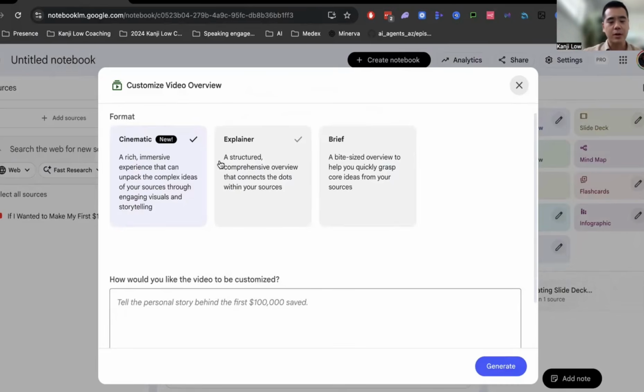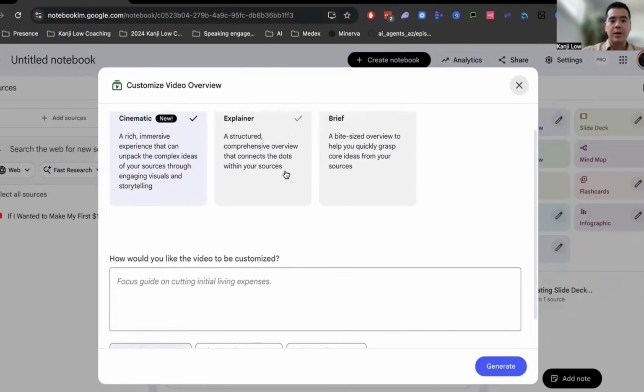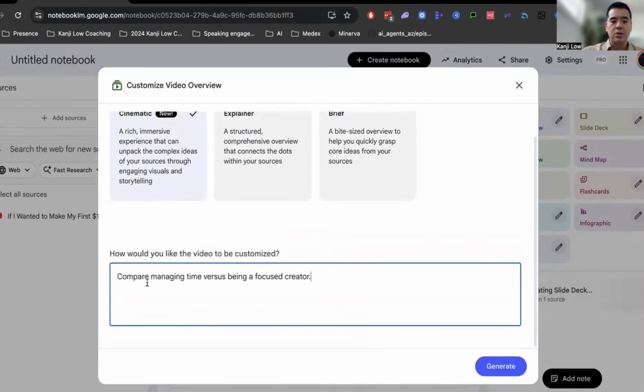So for example, Claude Code is the latest thing that's happening right now. And you can get videos where they're teaching you how to set it up, they're teaching you how to use it, install skills. And let's say you don't have the time, you can just put it in here. So it will ask you whether it's a cinematic one, an explainer one, or a brief. So I want to have an explainer one. And then based on that, how would you like the video to be customized? I want it to be more about a time-focused strategy. So comparing managing time versus being a focus creator, and then saying lay out the roadmap